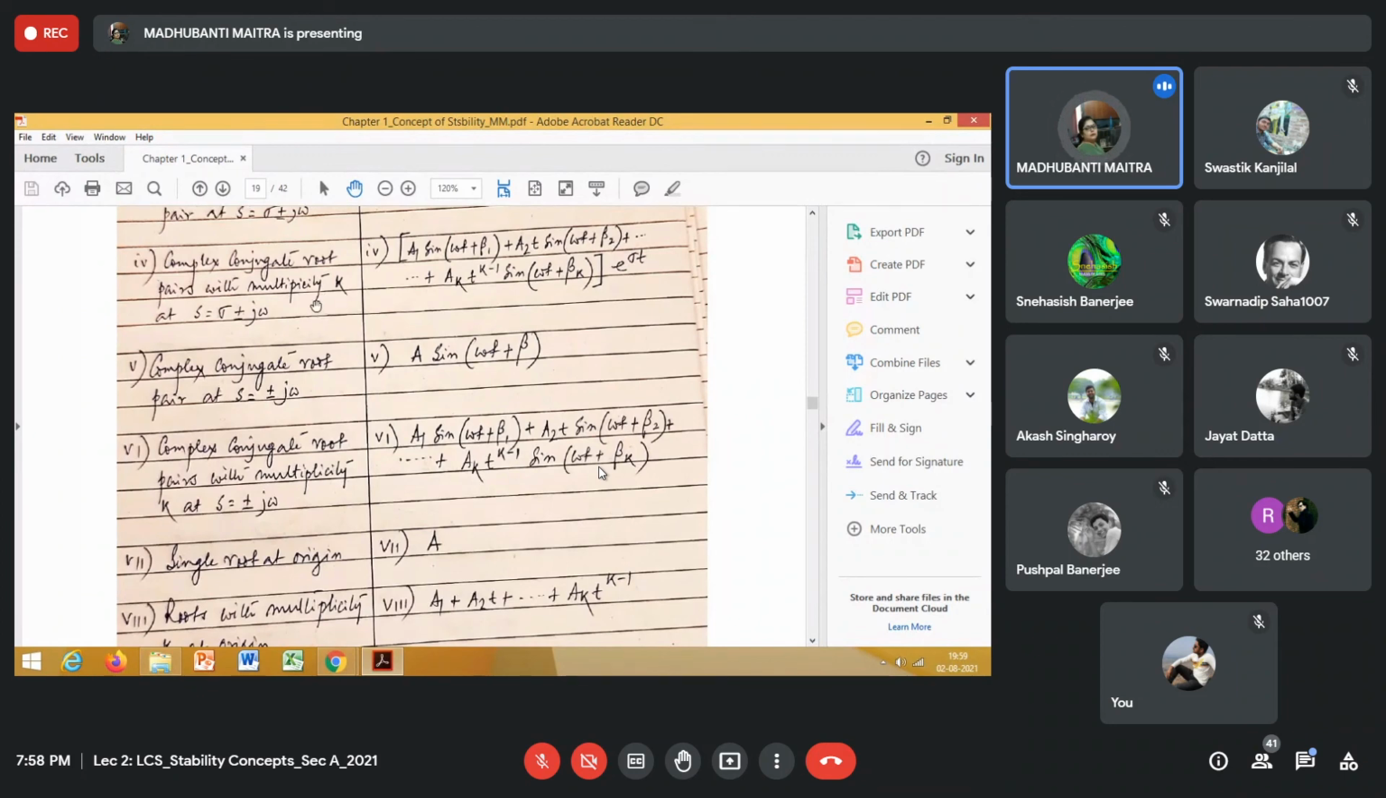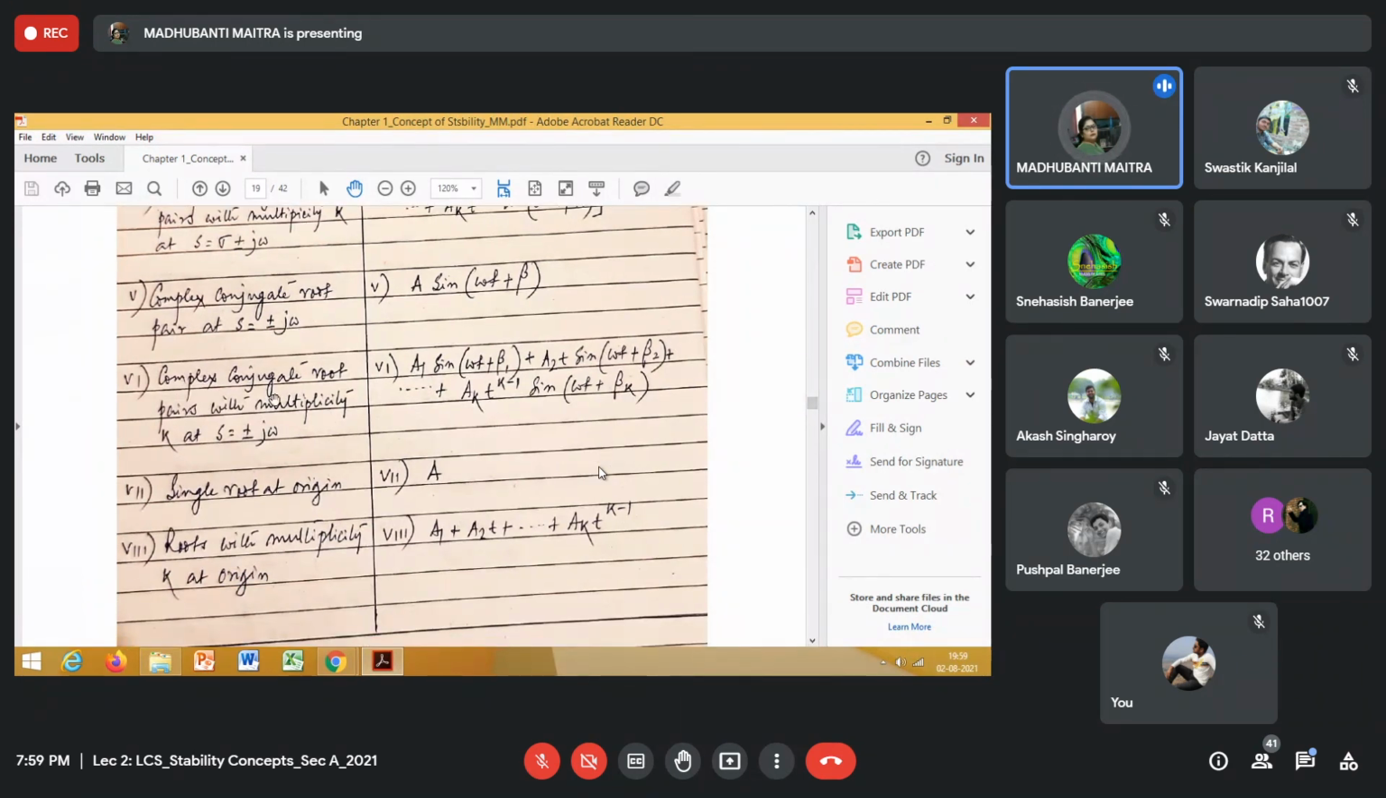Okay. So we'll get multiple complex conjugate root pairs on the imaginary axis. Since we are having multiple roots at the same location and complex conjugate roots on the imaginary axis, the output response c(t) will have an expression which is a1 sin(ωt + β1) + a2 t sin(ωt + β2) + ... + ak t^(k-1) sin(ωt + βk). Okay,